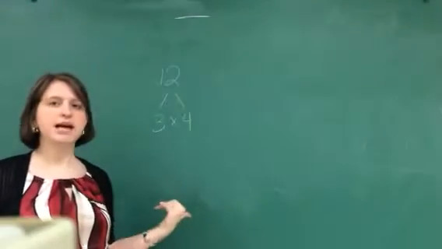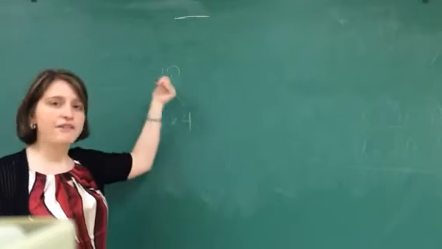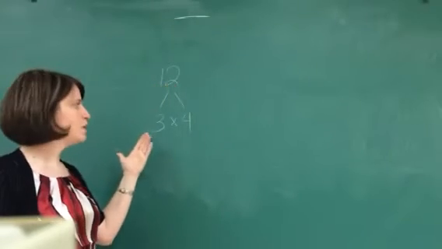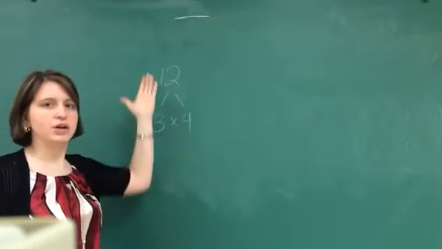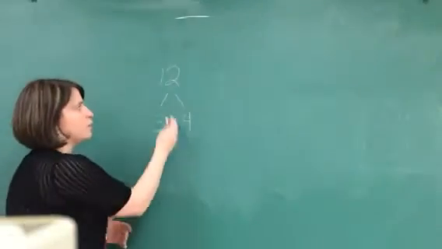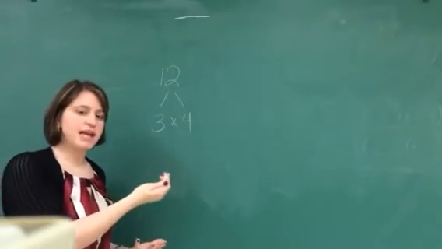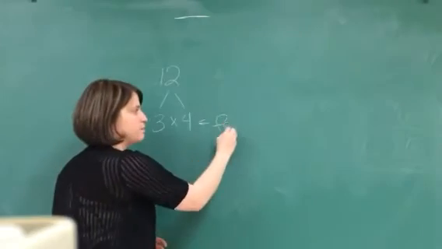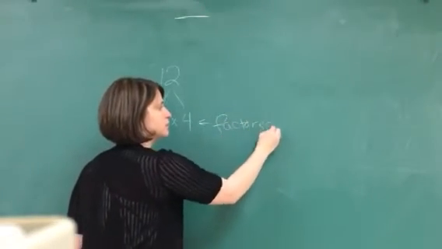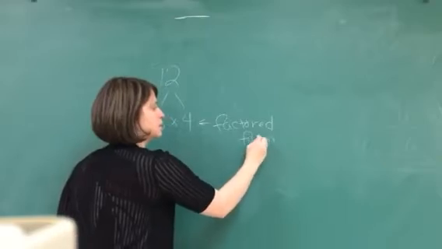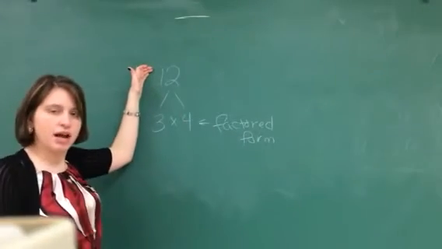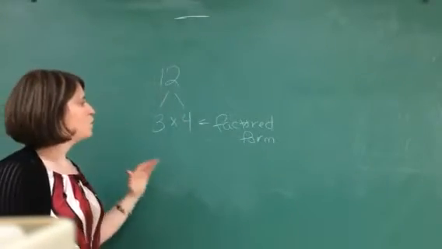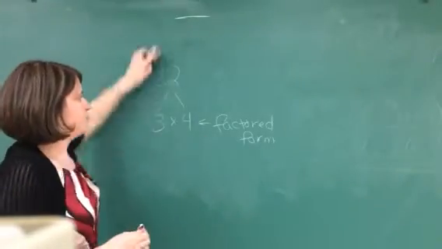So for example, 3 times 4. 3 and 4 are factors of 12 because you can multiply them by each other in order to get 12. So they're both the same value, they mean the same thing, but they're just written in 2 different ways. This is the factored form, right? And then this is the product, okay? So with that example,